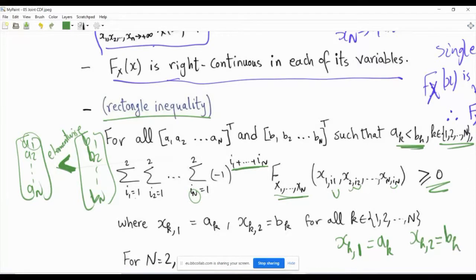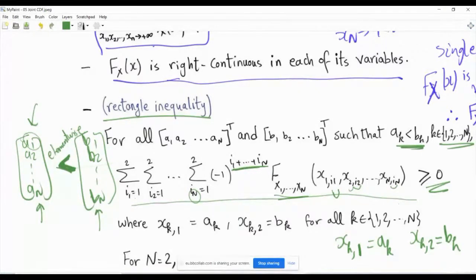And what are the A's and B's? Again, those are numbers, n numbers, A1 till An, another n numbers, B1 to Bn, and it's always the case that each number in this vector is less than the respective number in the other vector. Of course, if you look at something like this, it's not clear at all what this thing is.